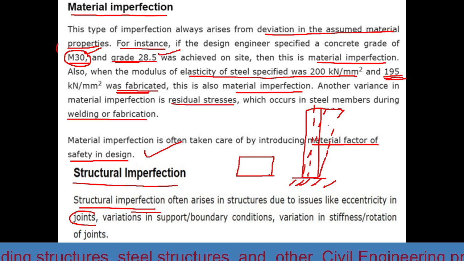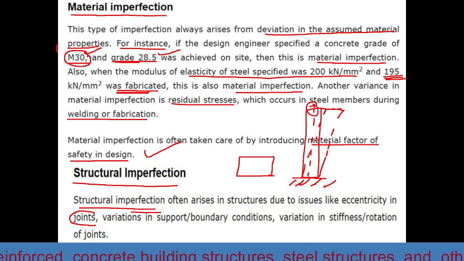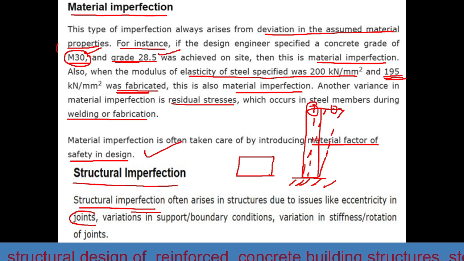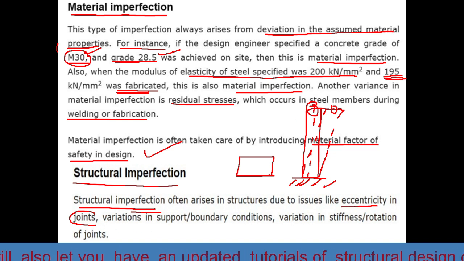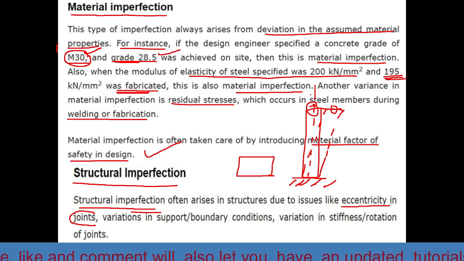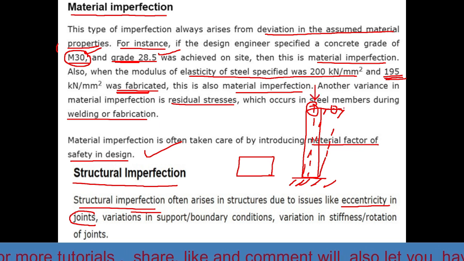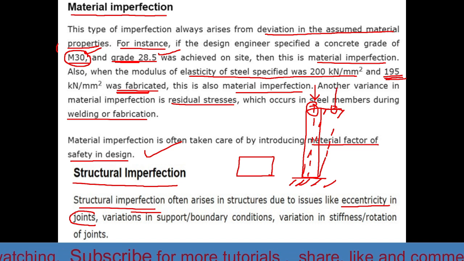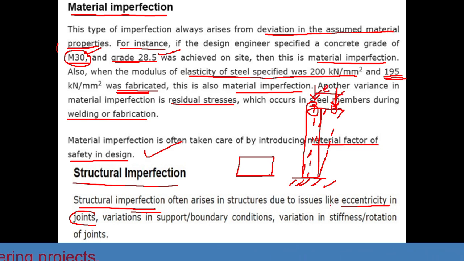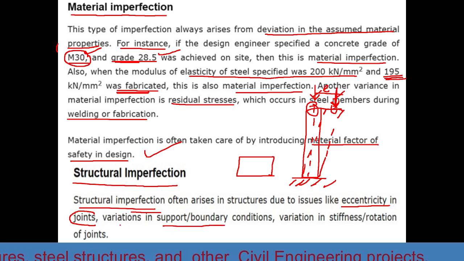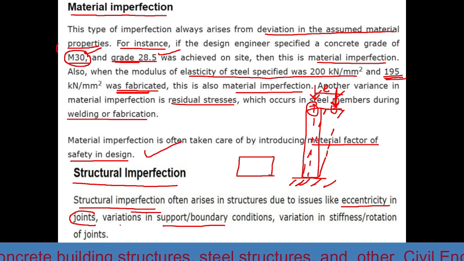So here the center of the column will be shifted from one point to the other point. So there may be an eccentricity initially. The load is assumed to act at this point, but due to the structural eccentricity problem, there is some eccentricity problem. So issues like eccentricity in joints